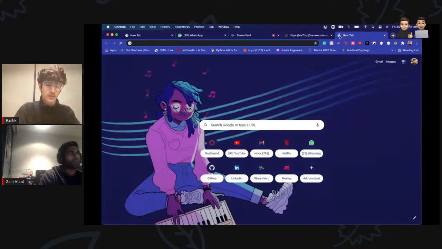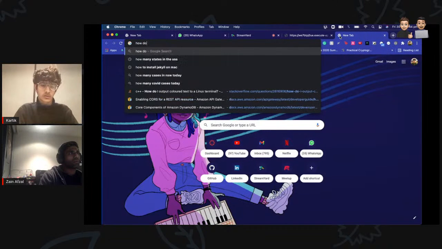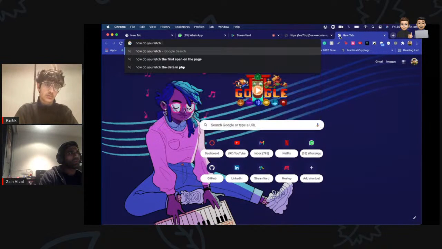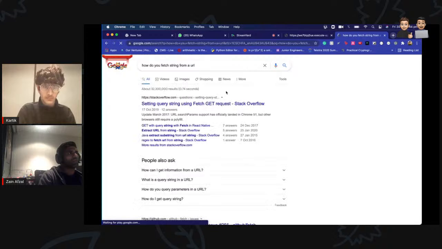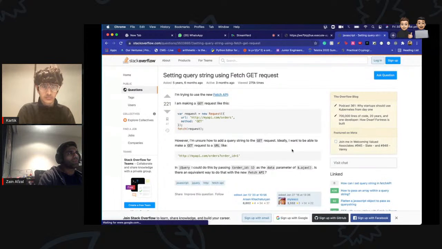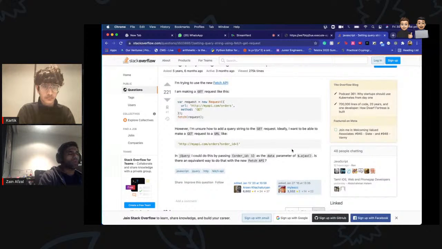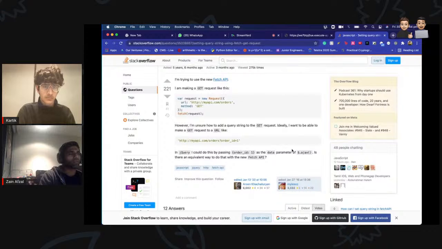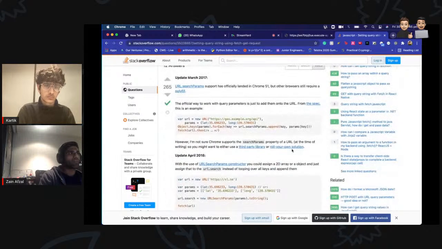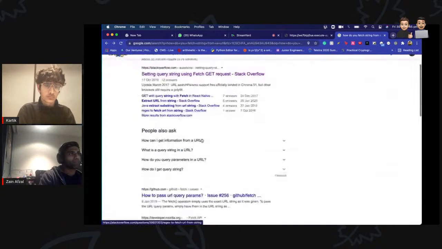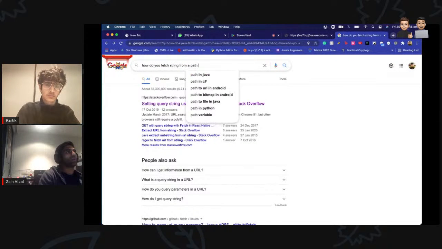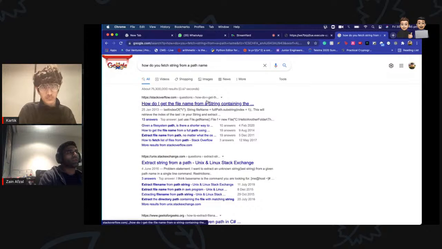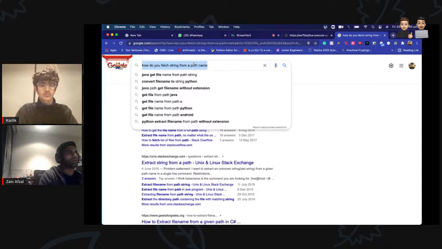How do we fetch stuff from the URL? It's saying query string. Ours isn't a query string. Ours is kind of a path name. Do you get the path name from the URL?